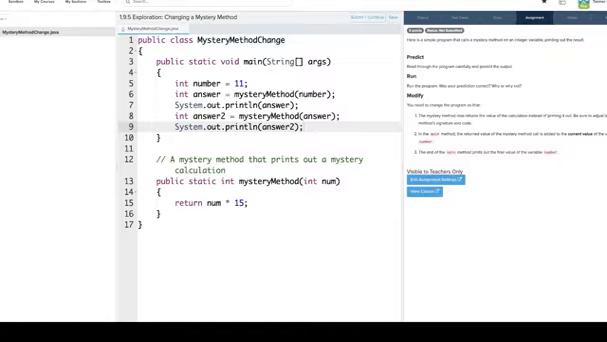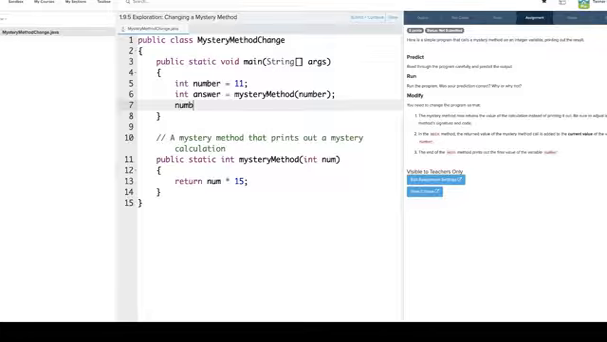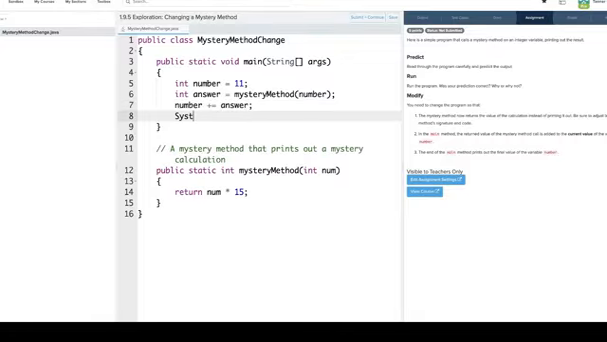Returns, be sure to adjust. In the main method, the return value of the mystery method is added to the current value of the variable number. Okay, all right, so now instead of that, we're going to say number plus equals answer, and then that is what gets printed, number. So it says the answer,